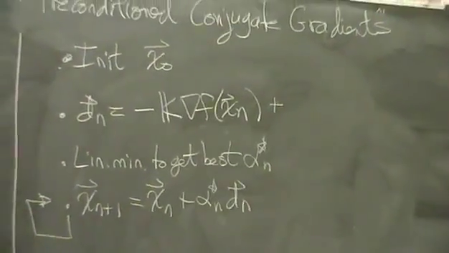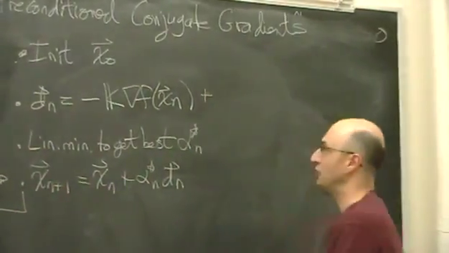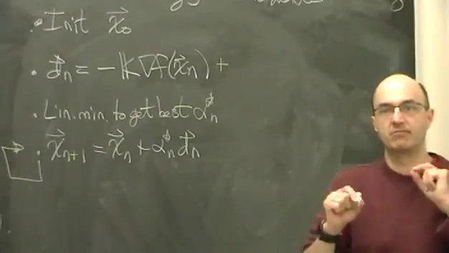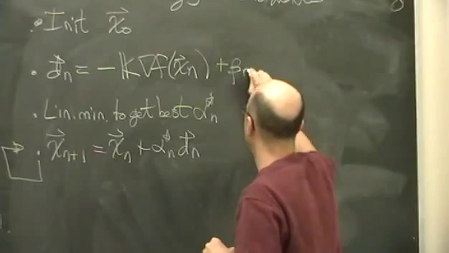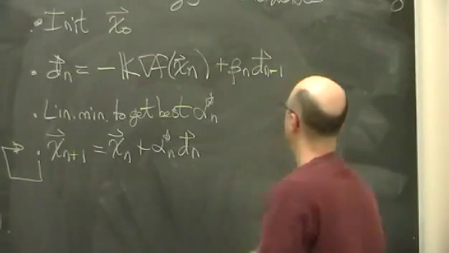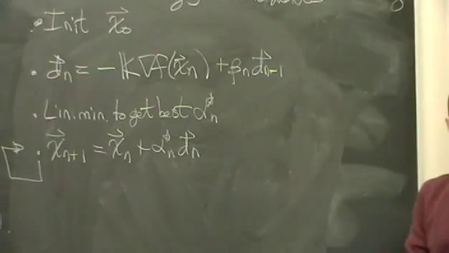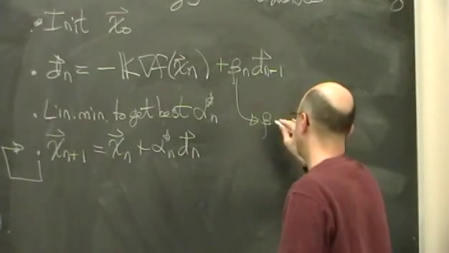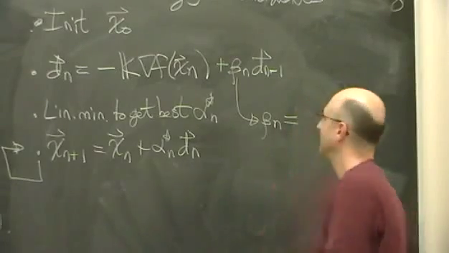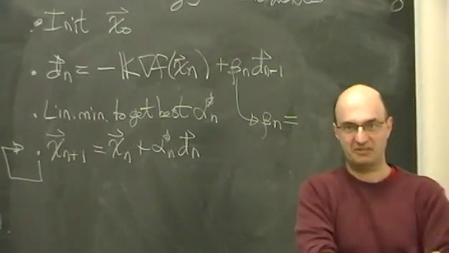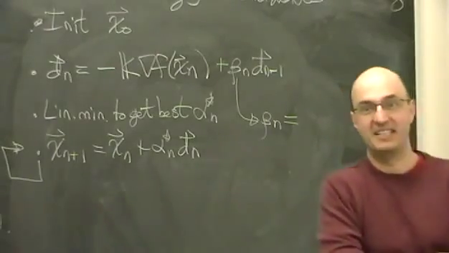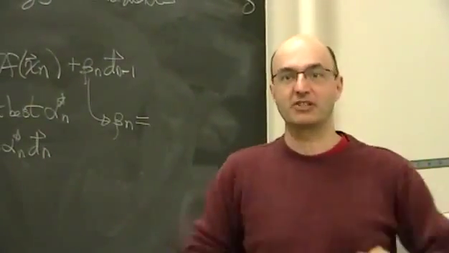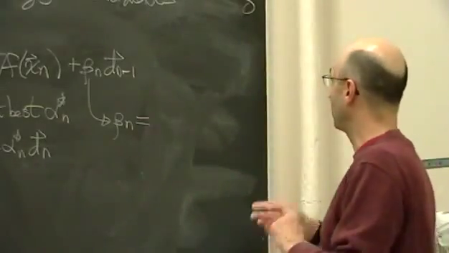And the tweak is the following. All you have to do is mix in just a little bit of your previous search direction. So you have to put in just a little bit of the preceding search direction to turn this thing into conjugate gradients. How much? That takes us into a longer discussion, which unfortunately will be beyond the scope of this course. Usually when I teach this unit, like in the computational physics course, it's like a 35-minute little lecture to prove a bunch of stuff. In the end, though, it's chosen to make the gradients conjugate,